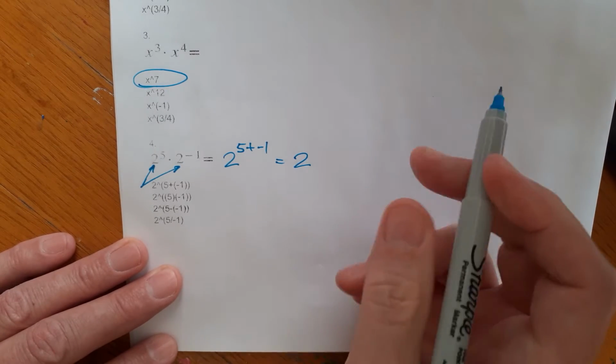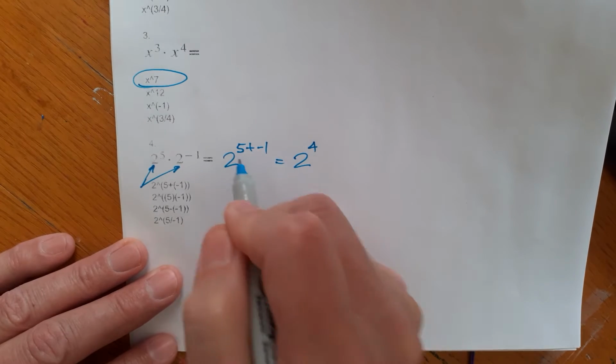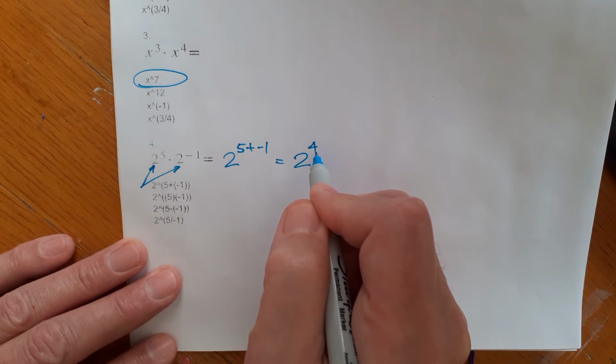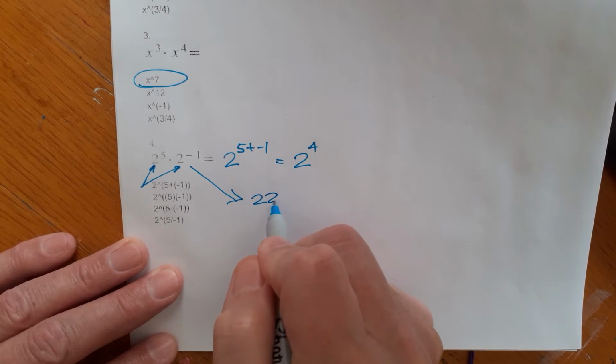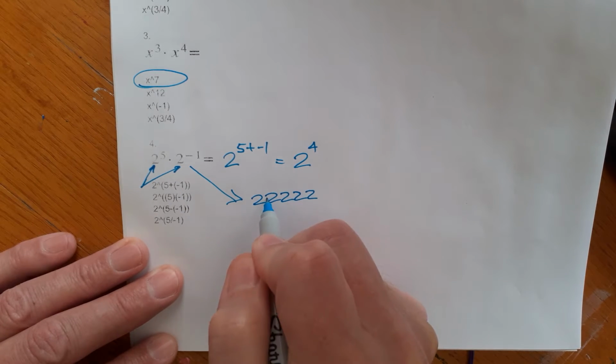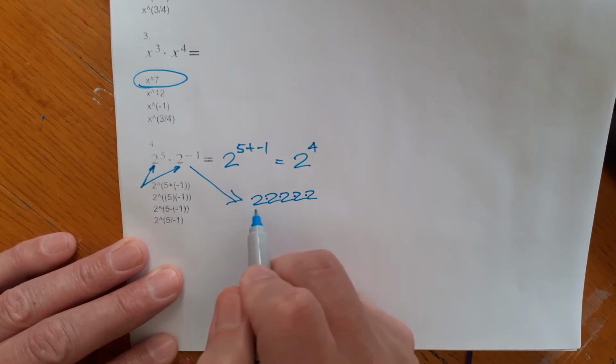And we're going to get 2 to the 4th power here, because 5 plus a minus 1 is 2 to the 4th. What's really happening here is there are 5 2's, and there's a times between them all. And then this is over